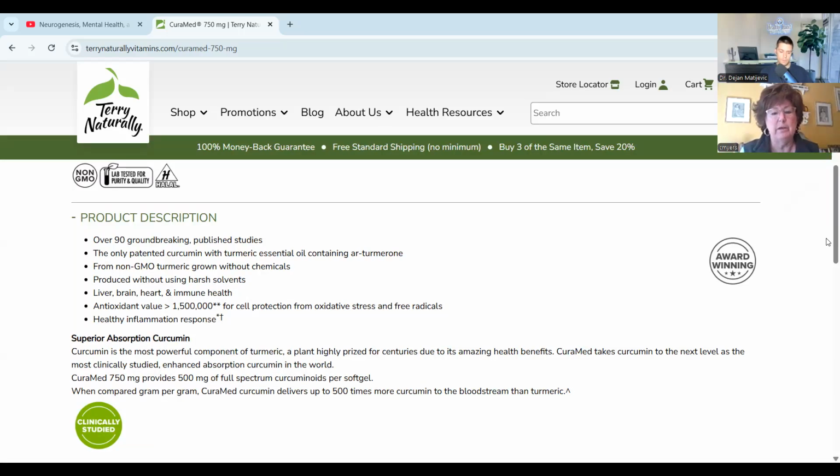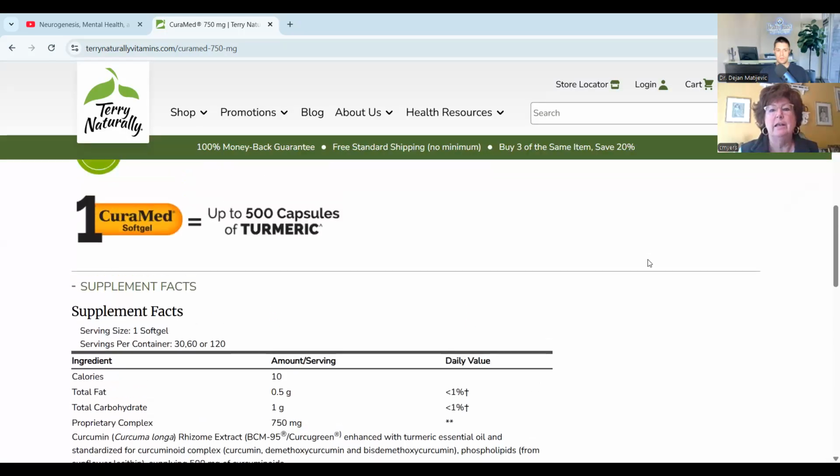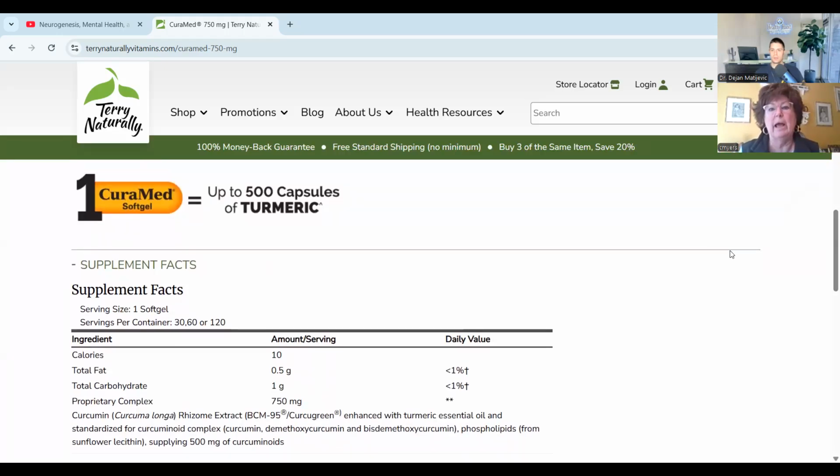And Curamed, in my opinion, is the best form of curcumin because the clinical studies have been done on a variety of dosages, but the most common dosage is 2 per day. Don't you hate it when you read some awesome study? Let's say you read some study that turns white hair black, and you use product XYZ, and you're all excited because you have white hair and you want to turn your white hair black. And you go to the store to buy it, and you buy it because it's quoting the study on the label. And then when you compare it, you see that the study used 500 milligrams 3 times a day, and the dosage in the product is 10 milligrams. I hate when that happens